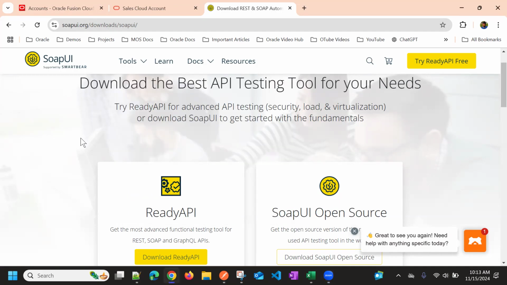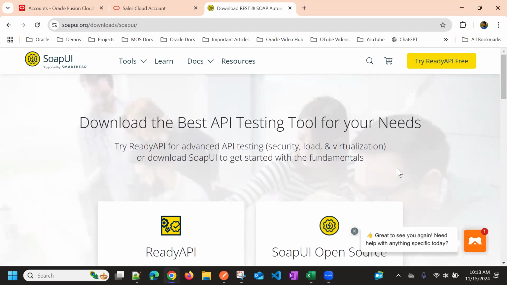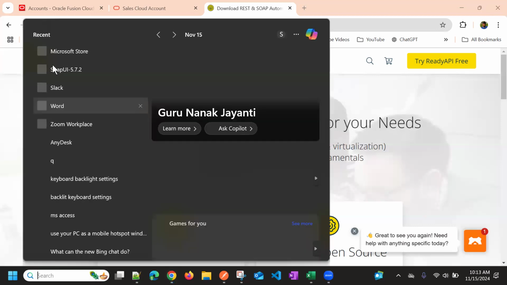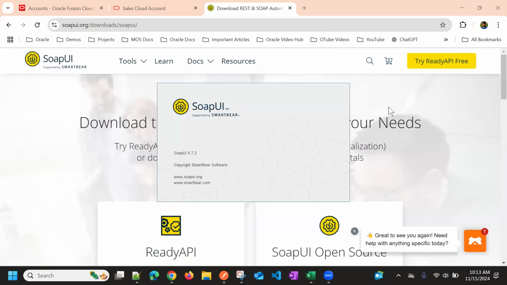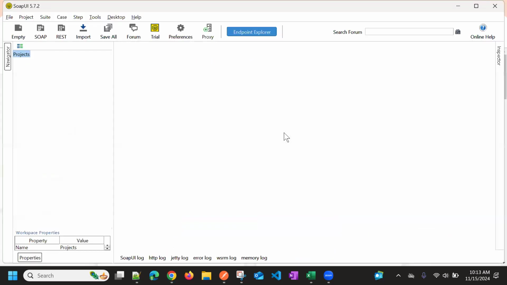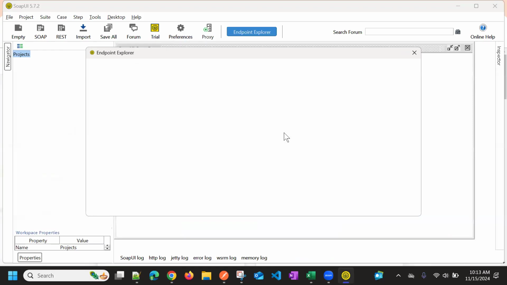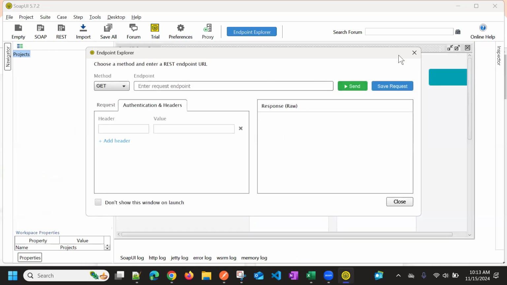So once we have downloaded this, we can open this SOAPUI application, and then we can use the SOAP endpoints to test. Okay, so this is the SOAPUI home screen. So using this, similarly,